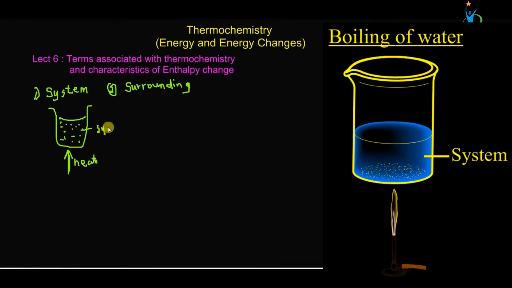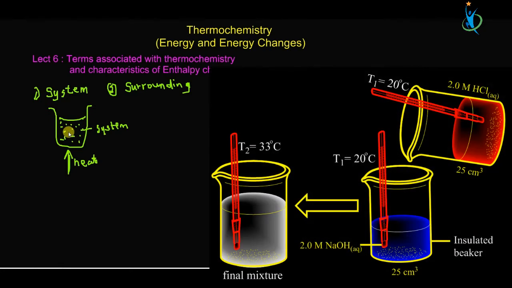So a system is an object of discussion, an object under discussion, or an object of interest. So reactions are performed in closed vessels or in open vessels, and the reactions inside those vessels are what we call the system. When you are performing the reaction, the key thing we want is to produce a product so that we can bring it out for people to consume or use, and that is what we are interested in.